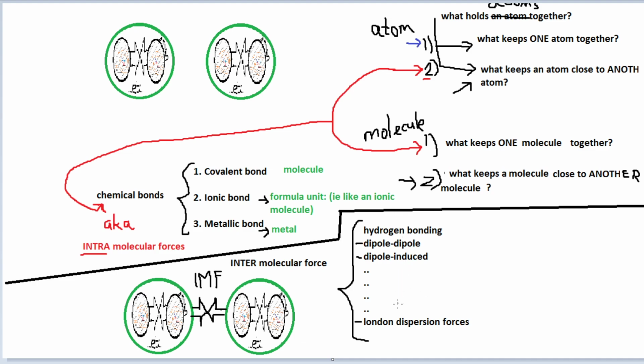Each force is associated with a certain type of molecule. Hydrogen bonding is basically super strong dipole-dipole. It's what happens when your molecule is, first of all, polar, and second of all, has a hydrogen sticking out the edge connected to a nitrogen or an oxygen or a fluorine. You have to investigate hydrogen bonding on your own if you would like to find out more.